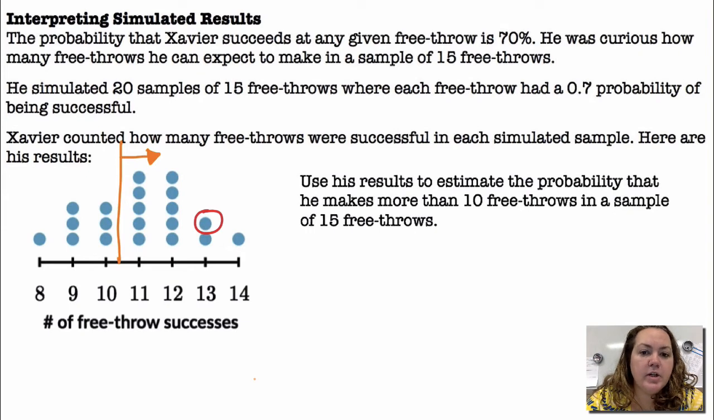I circled that one point just to say that that one circled point comes from one trial of 15 shots, and he made 13 out of the 15 shots. That's what that circled one is saying. All right, so there were 13 of them that were greater than 10 out of 20 total samples of 15 shots that he did,